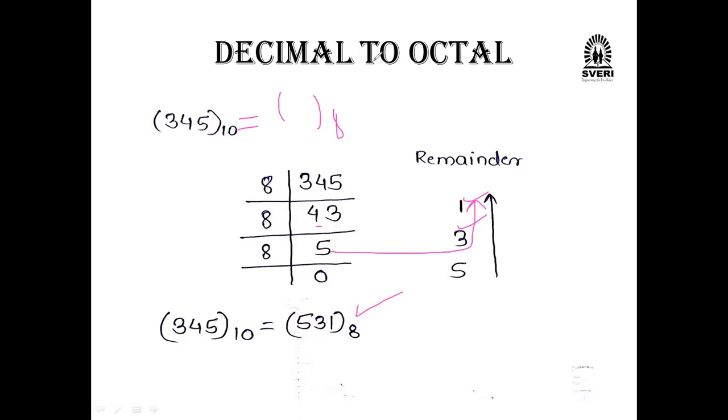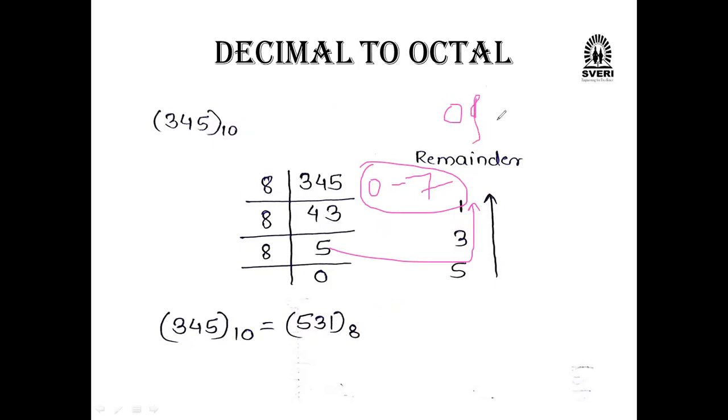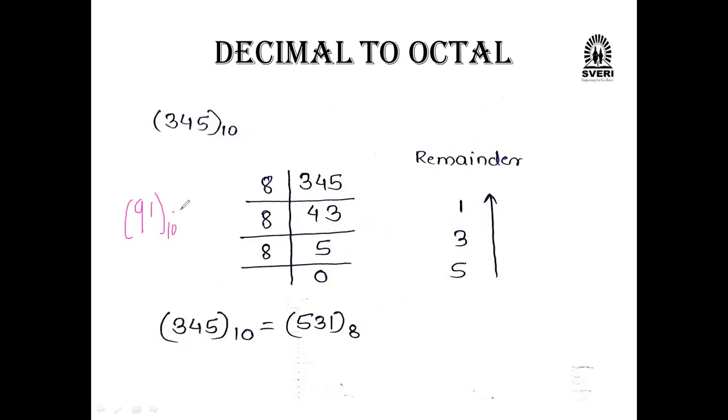किसी को डाउट है, तो पूछो, बट ब्लाइंडली मत बैठो. So that 5 3 1 is the octal number. Octal number means 0 to 7, कौन सा भी नंबर आ सकते. बाइनरी मीन्स 0 and 1, दो ही नंबर रहने का. Octal means 0 to 7, any number we can get. Is it clear? Can you convert 91 decimal number into octal?